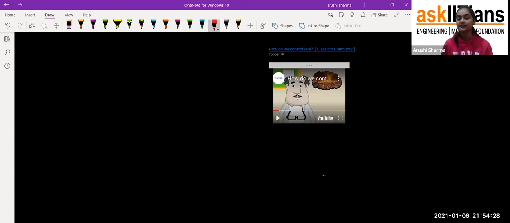Students, you can hear that fire can destroy everything, even human beings; nothing can be saved from fire. That's why she used that fire alarm: if due to any mishap there is fire or smoke coming out, the fire alarm will catch that smoke and start ringing, so that people come to know there is some fire and we have to rush out from that place and call the fire station immediately.